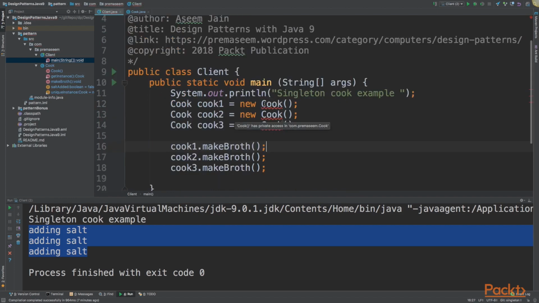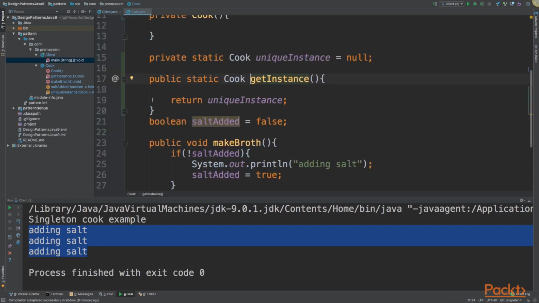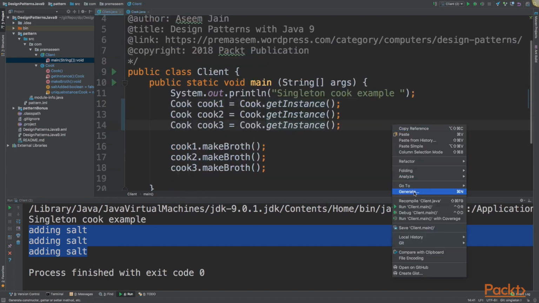So let's try to modify this code. Instead of creating the object here, we know Singleton is a creational design pattern. So we'll just call our instance, and this instance is going to create the object. So we are removing new from here. You will see the same pattern in all creational design patterns, that you don't have to call new. The Cook method will create the object and then assign it here. Now there is one condition, since this is unique. If we run the code now, we will end up with null pointers,